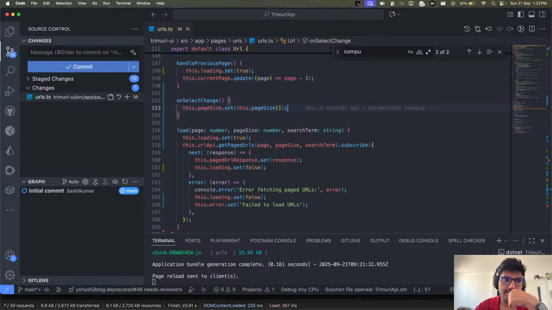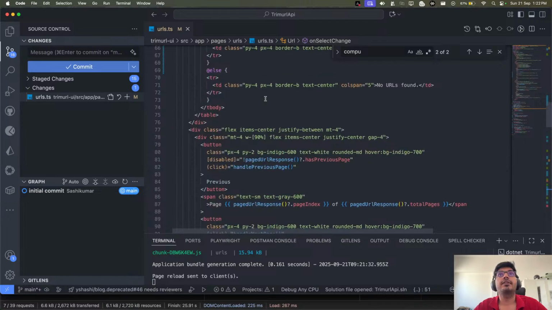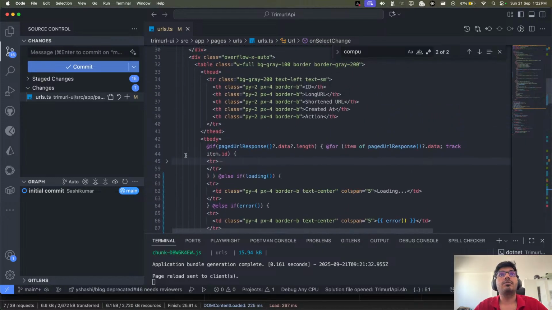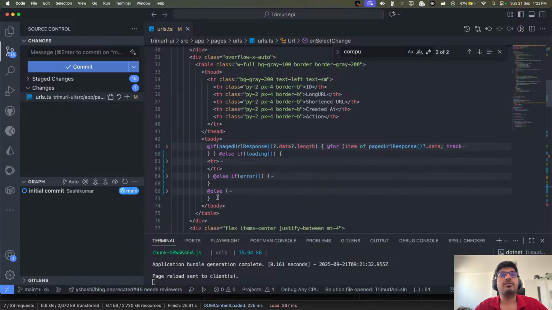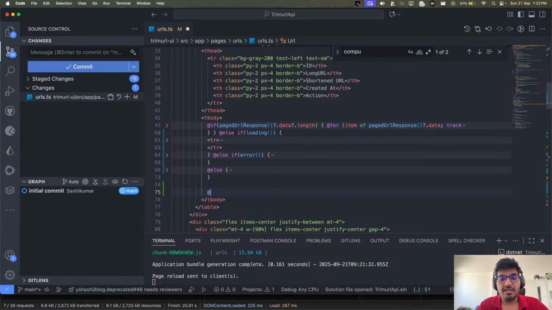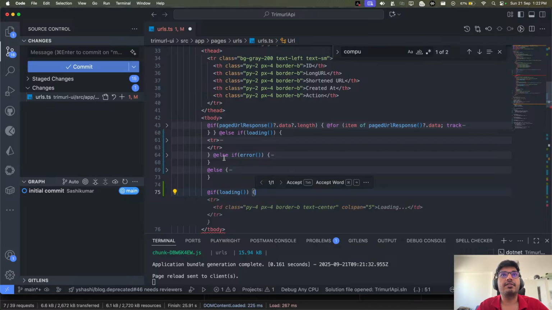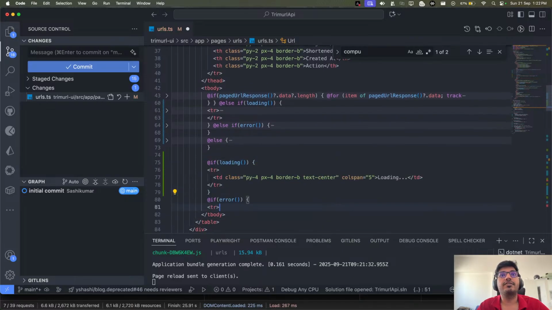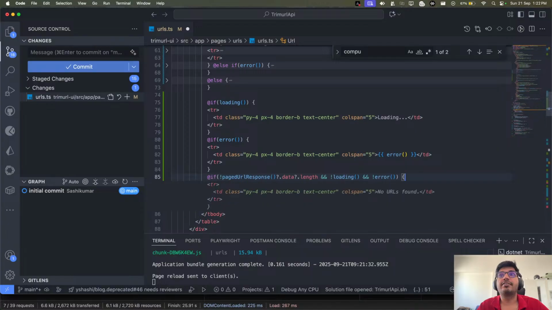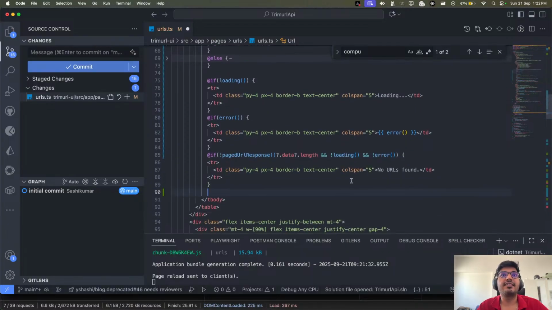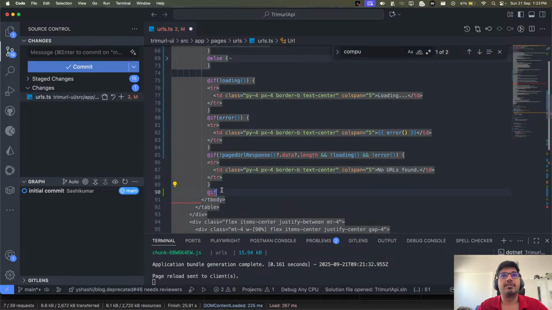And okay, I think I know what I have done. So now I need to change this completely. Maybe it's because of how we have used the sequence. Let me see. If there is a loading, then we will show this. If there is an error, we show this, right? And if we have this, then we show this. And what if I have everything? No worries guys, I will be changing that to the correct one.